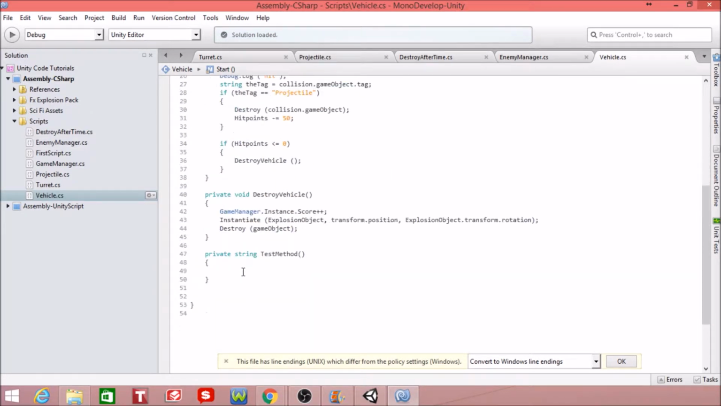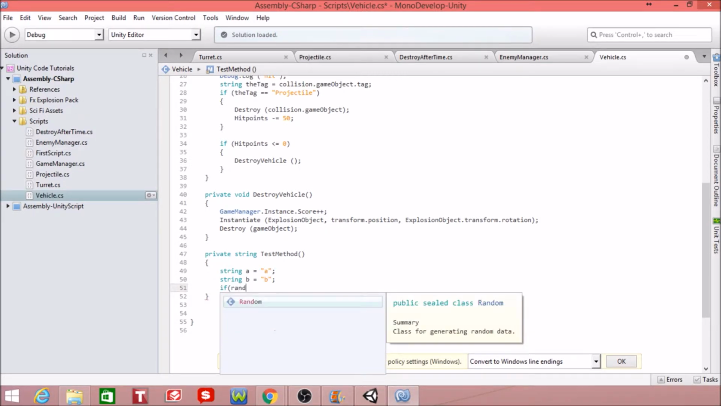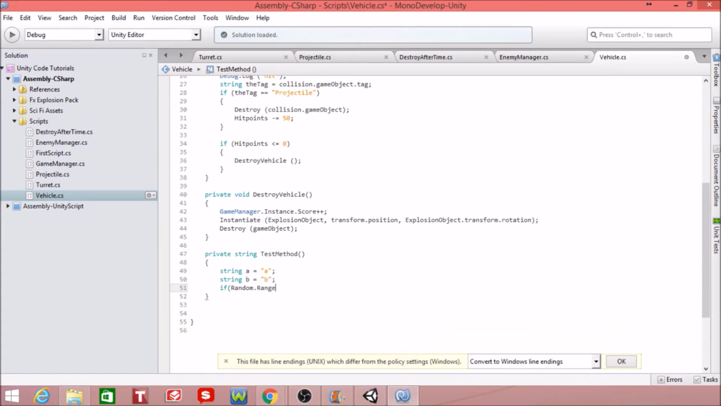So now we can do anything we want in this method, but we have to do what's called a return, because we say that it returns a value, so it has to return something. So what we can do here is we can say string A equals "A", string B equals "B". This will be a good review of randoms and if statements too. So then we can say if Random.Range